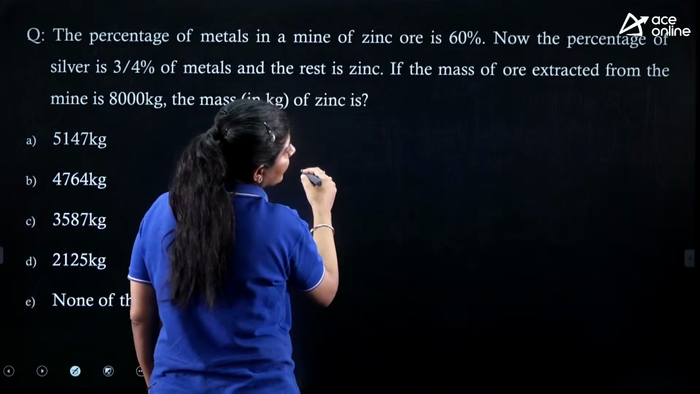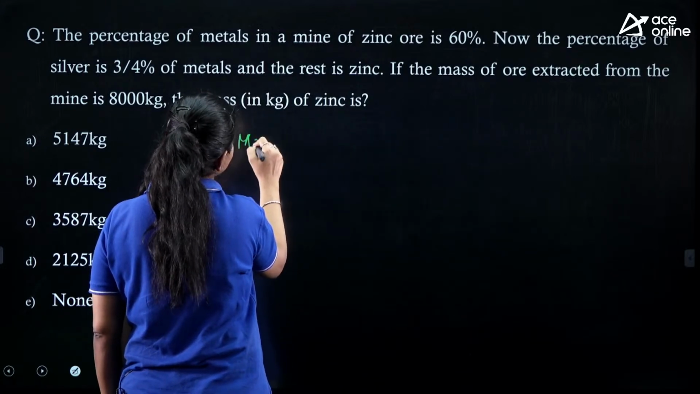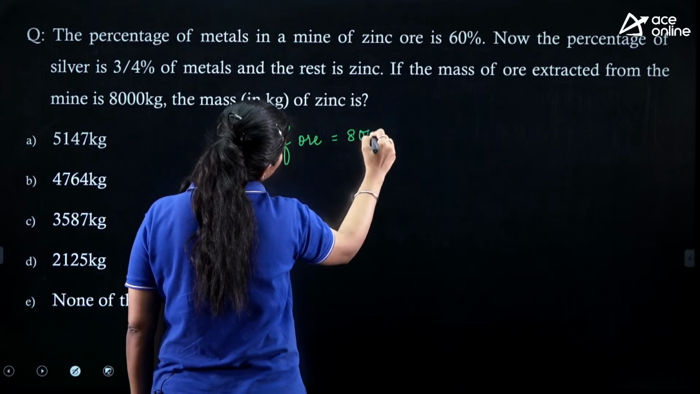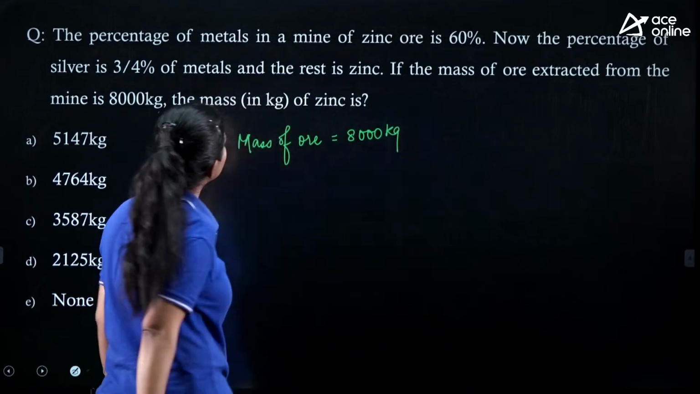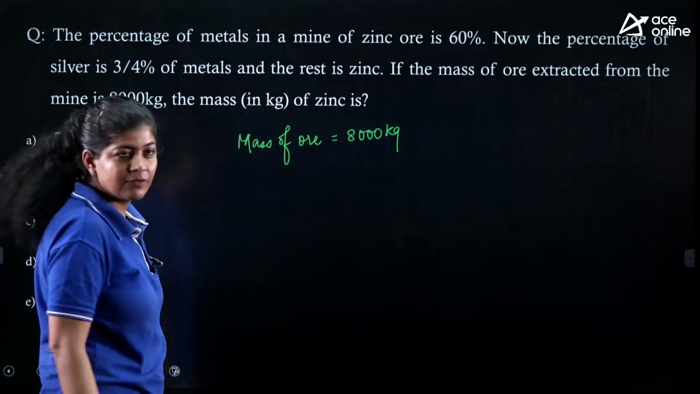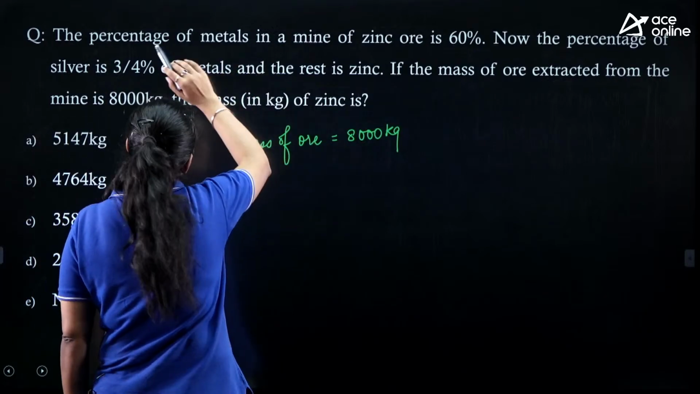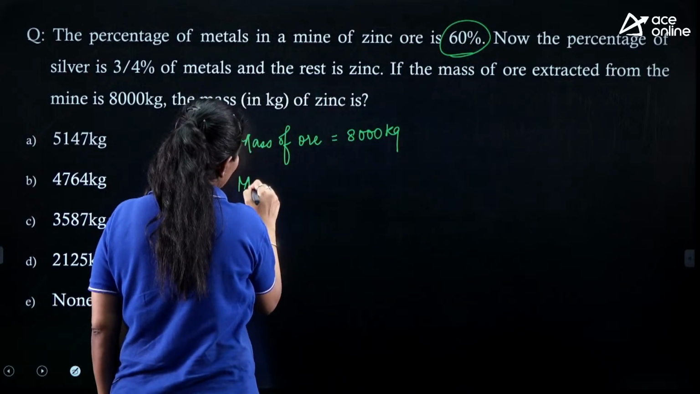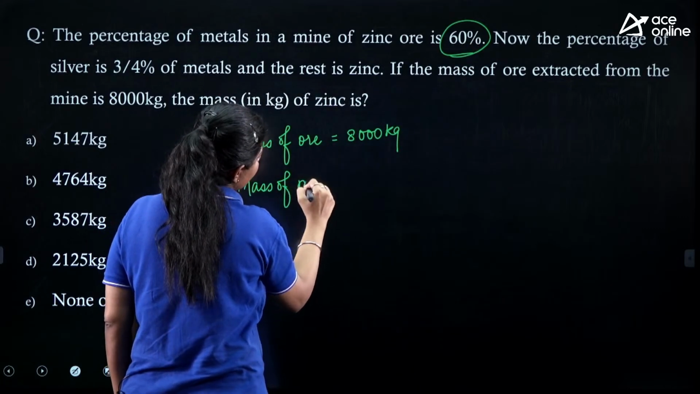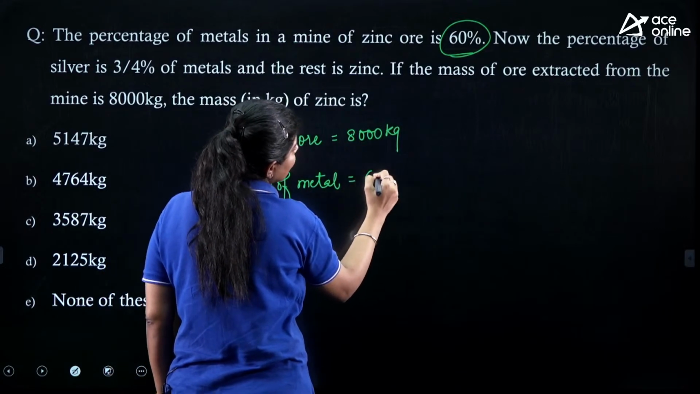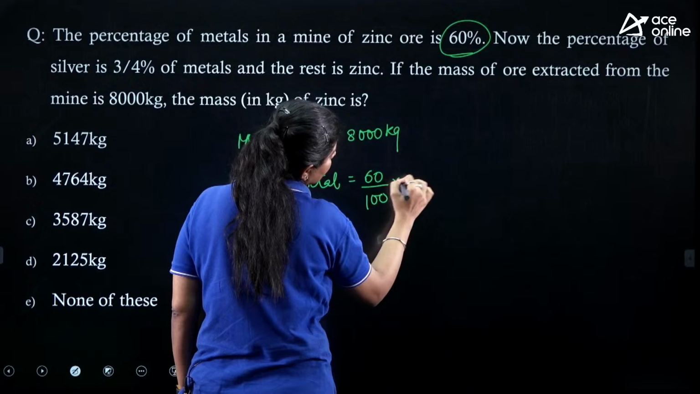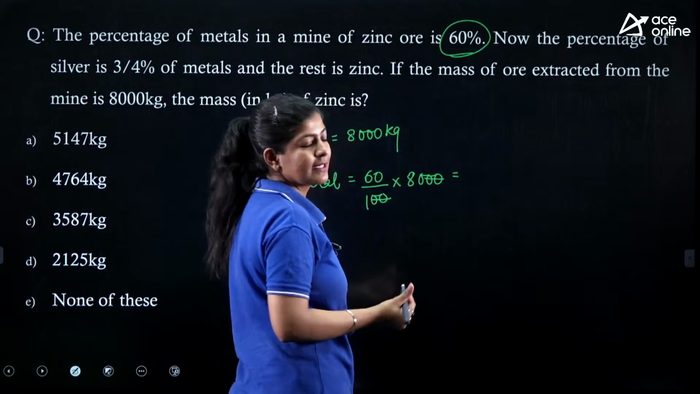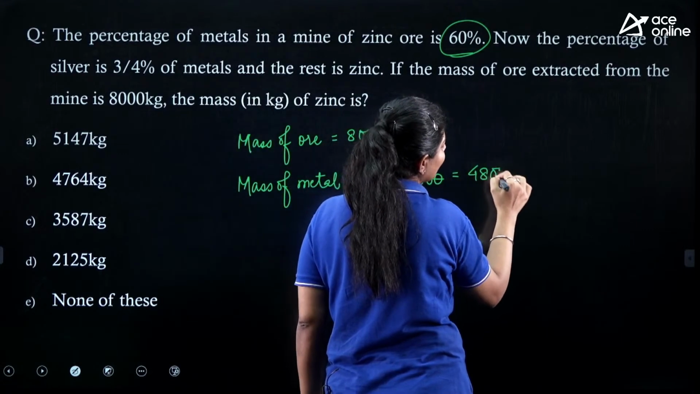Okay, so the question is saying that the mass of the ore which is extracted is nothing but 8,000 kgs. First, we try to find out the mass of the metal. According to this, the percentage of metal in this ore is 60%. So the mass of metal is calculated as 60% of the total mass, which is 8,000. Here these two zeros are cancelled, and the total weight of the metal is